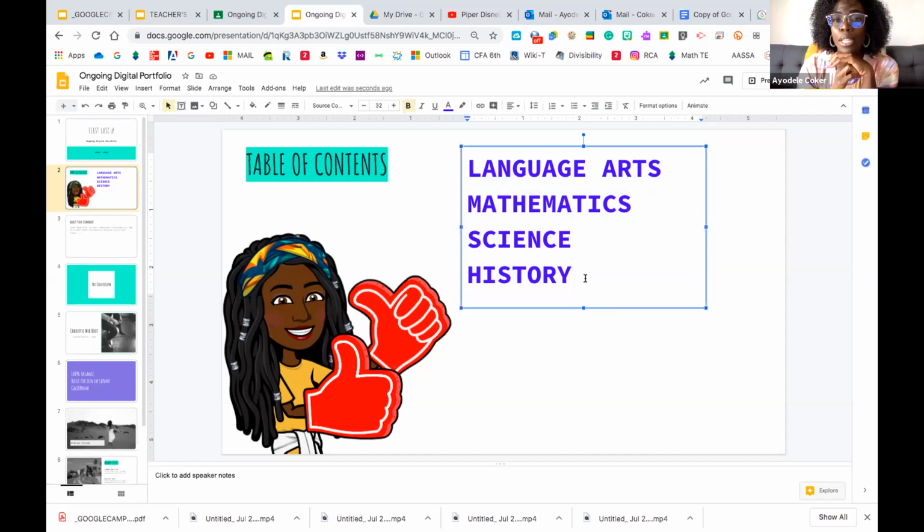I've had some kids do flower themes. I've had kids do neon colors. I've even had kids change every letter to a different color of the rainbow, all on their own time, of course. But the sky's the limit when it comes to that. Okay, so that's the table of contents, okay? And that's how we create it.